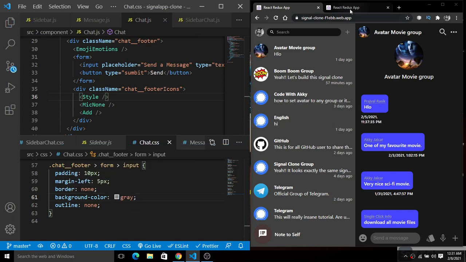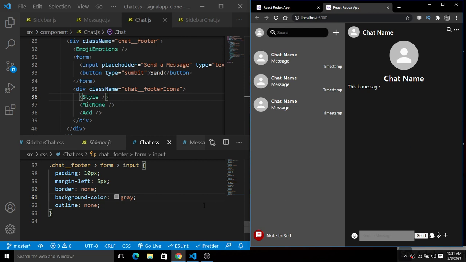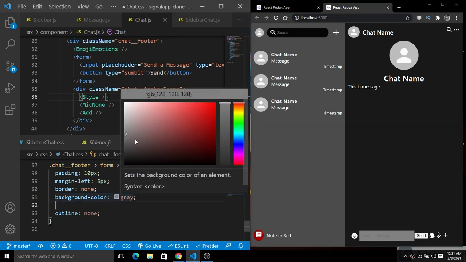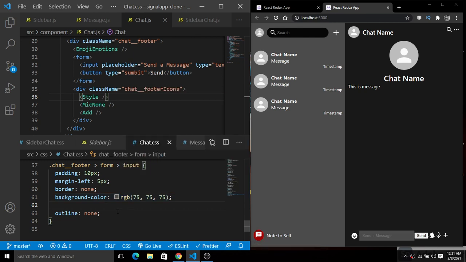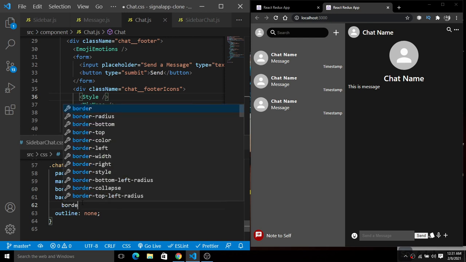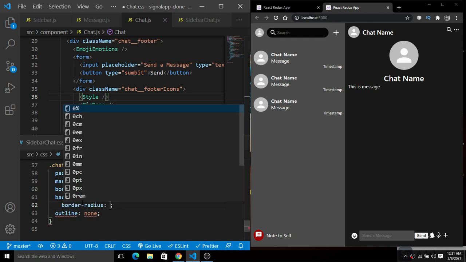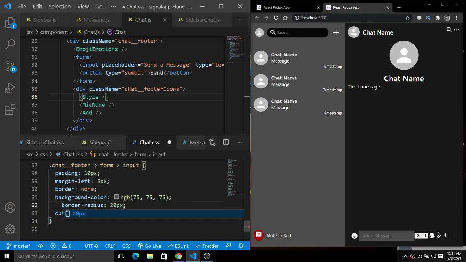Now save this. We have this background color. Okay, here put some deeper background color. Fine. Next we will simply give a border radius. So simply give the border radius of 20 pixel. Okay, now save this. We will have a very nice rounded border here.